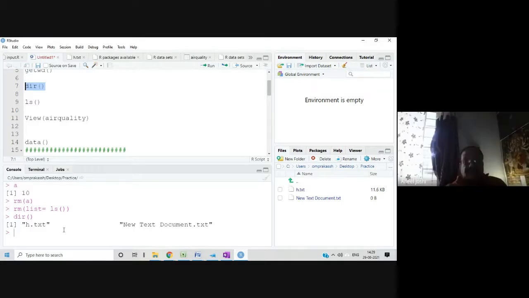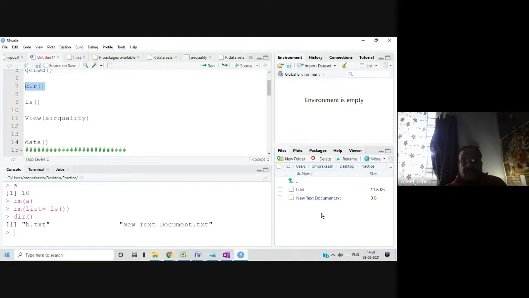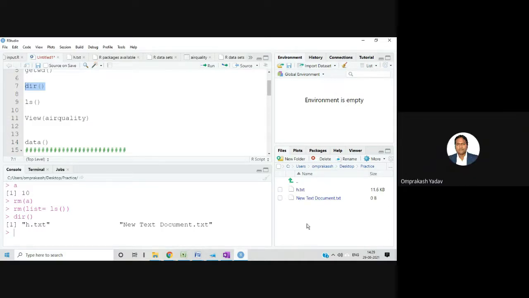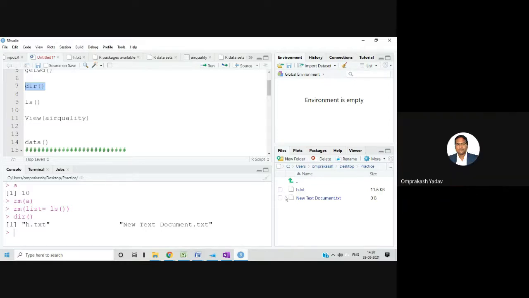I'm just coming back to the third quadrant. It is showing h.txt with the box behind that. Now, what do I do with this? Don't do anything. That file is there. If you want to, for example, rename it or something, then you can do it. Otherwise, we don't have to do anything for this particular file.